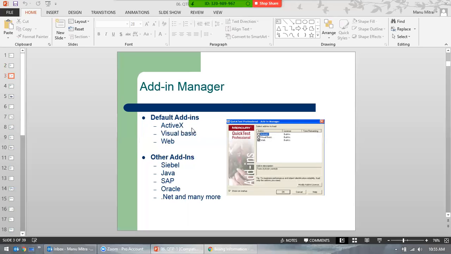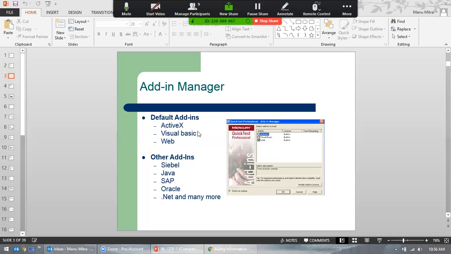There are various add-ins: ActiveX, Visual Basic, Web, and so on, Siebel, Java, SAP, Oracle, .NET, and so on. So this add-in helps you add extra support for things which QTP doesn't recognize. In that case, you want to use this add-in manager and add extra features for your